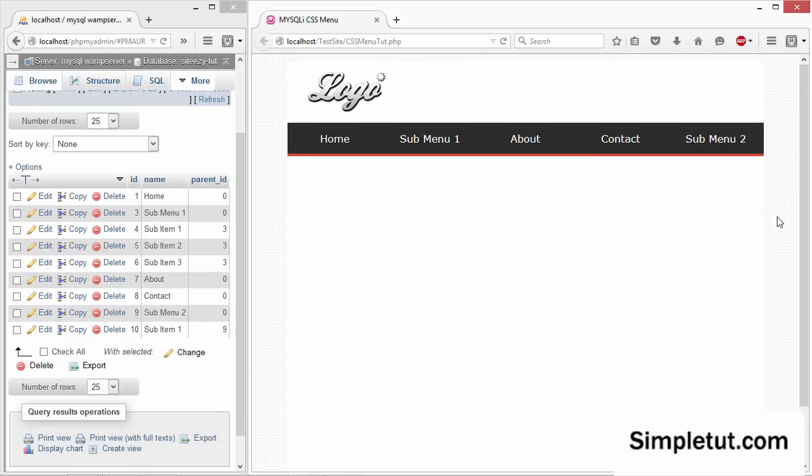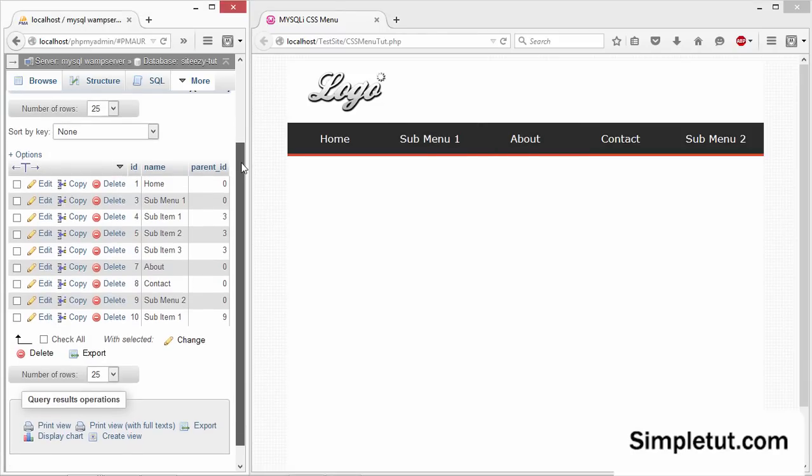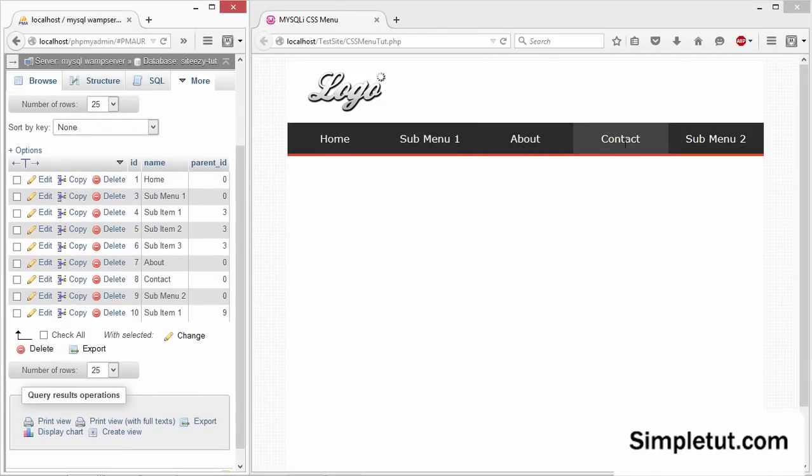Welcome to this video tutorial, and today I'm going to be showing you how to create your own custom dynamic CSS drop-down menus using nothing but pure CSS, PHP, and MySQLi. Now this is a preview of the menu that we're going to be creating today, and as you can see, we're using MySQLi to connect and pull data from our database, as all the options on this menu are controlled